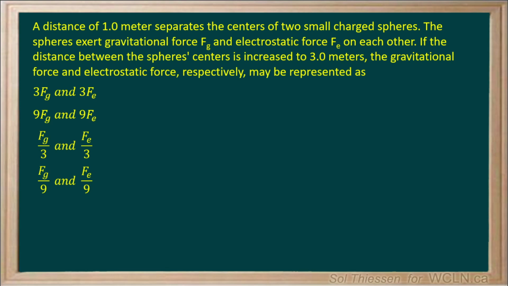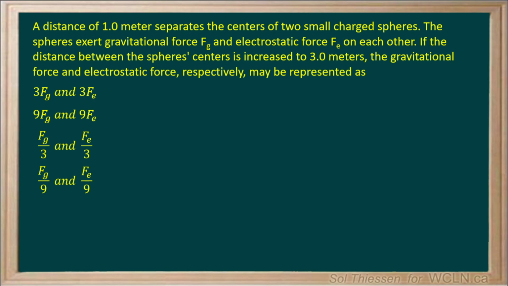A distance of 1 meter separates the centers of two small charged spheres. The spheres exert gravitational force Fg and electrostatic force Fe on each other. If the distance between the sphere's centers is increased to 3 meters, the gravitational force and electrostatic force, respectively, may be represented as, then we have a list of choices with different coefficients on the force of gravity and the